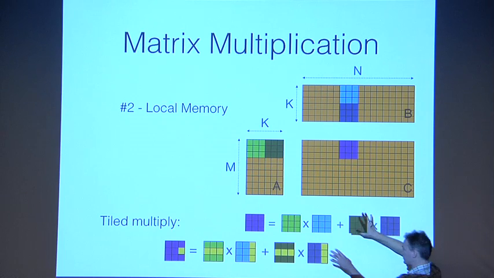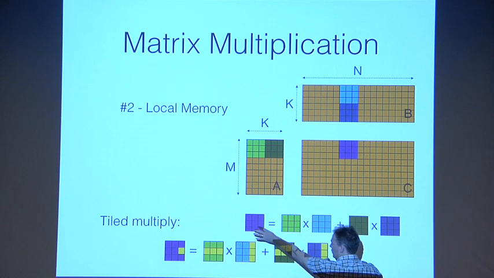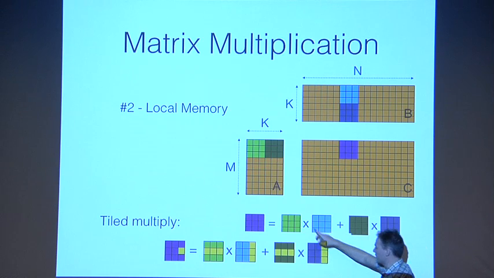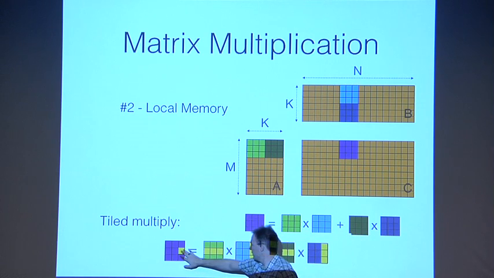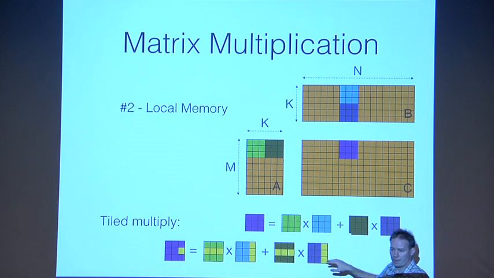So he's going to load in these two, multiply them together, and store them in an accumulator matrix, and then do the same thing here, and add it to the same accumulator matrix. And so you can see that for this yellow output, it's this row and column and this row and column. Is this clear? Because he builds off of this from here. It's all going to be tiled after this.